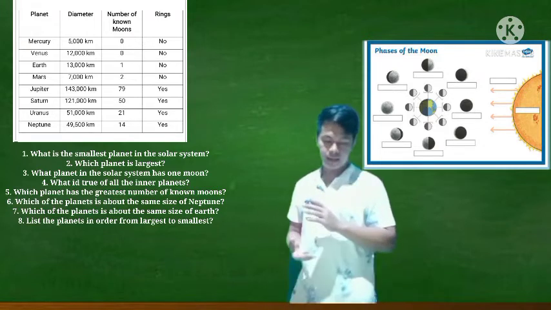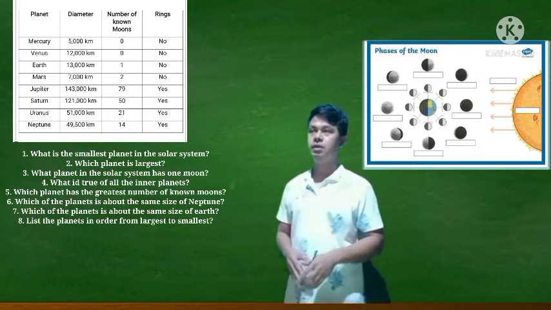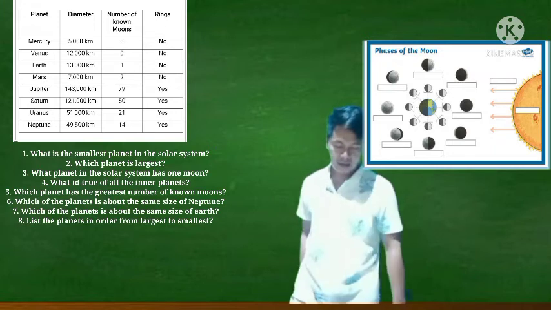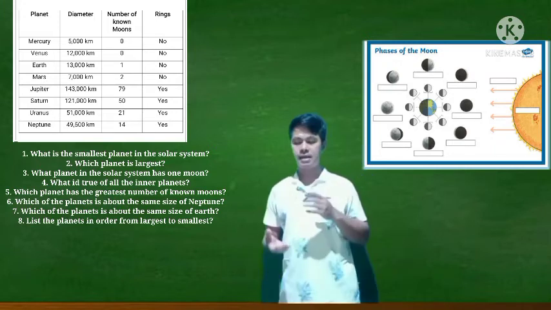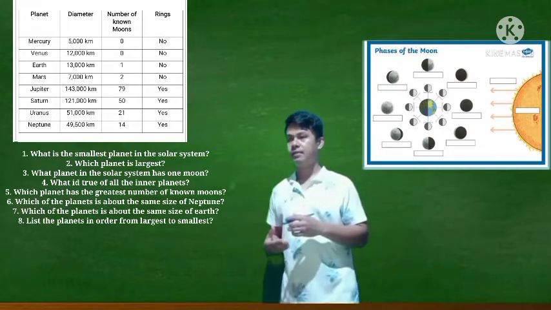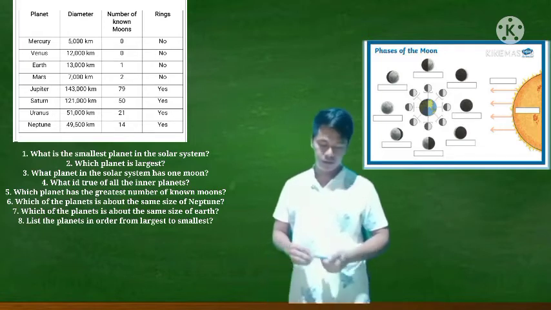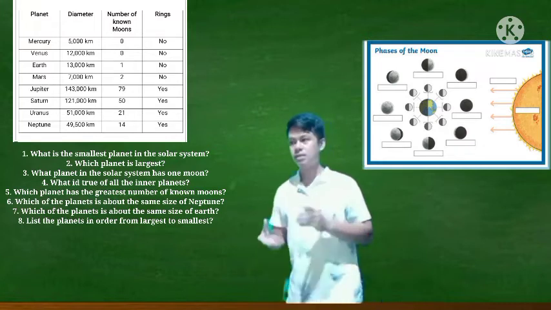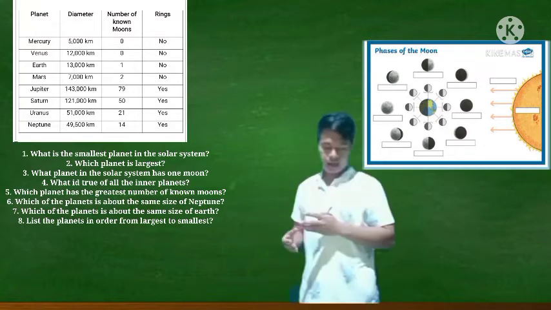What planet has one moon? Let's have, alright, Earth. That is correct. Correct, Eileen. So which planet is the same size as the Earth? Alright, we have Venus. So alright, grade 6 for now,